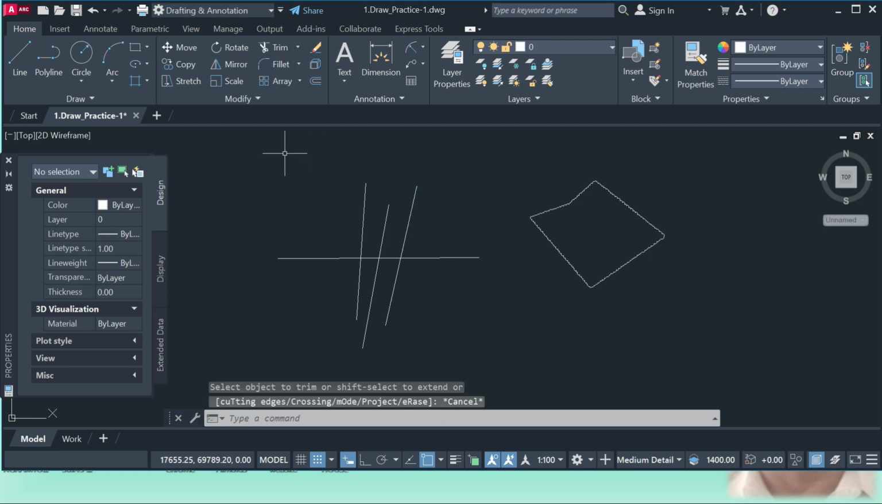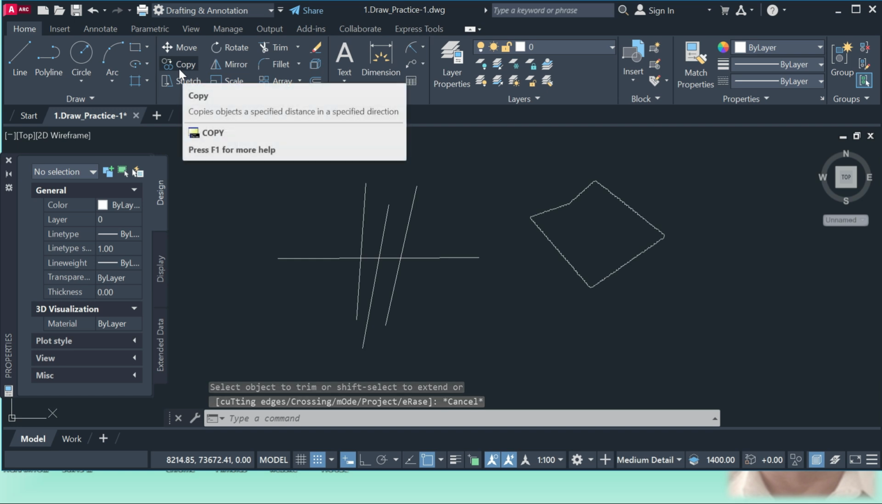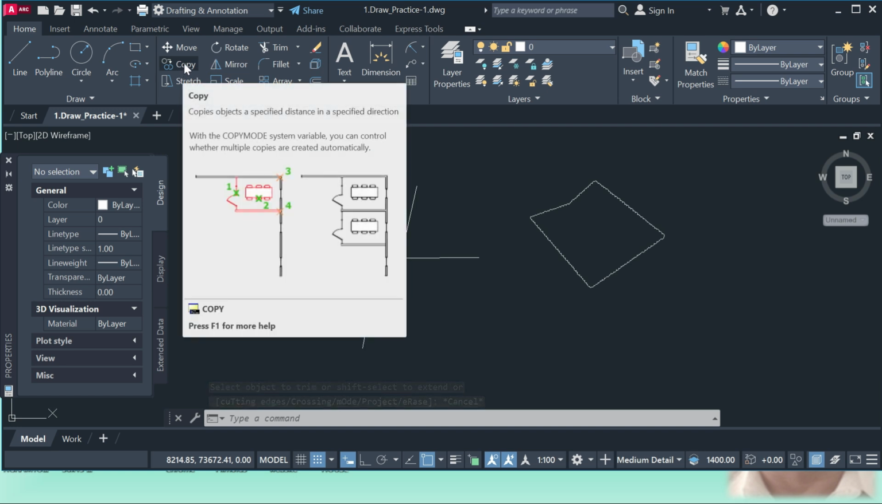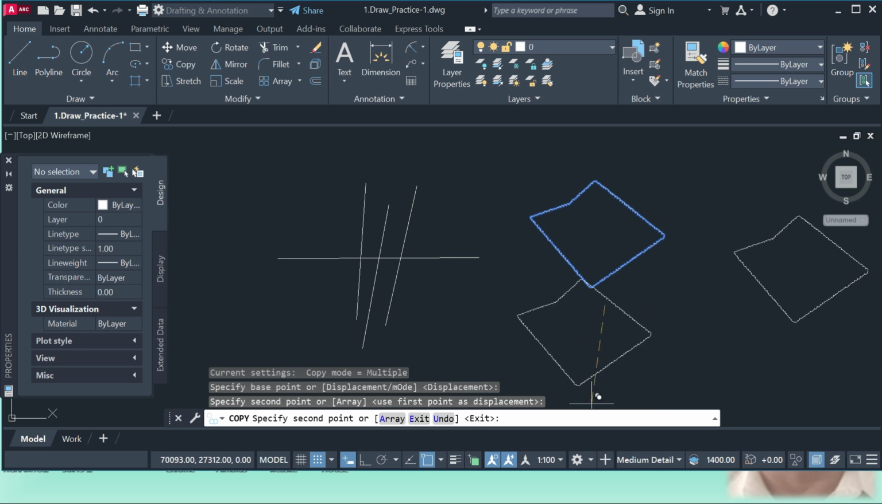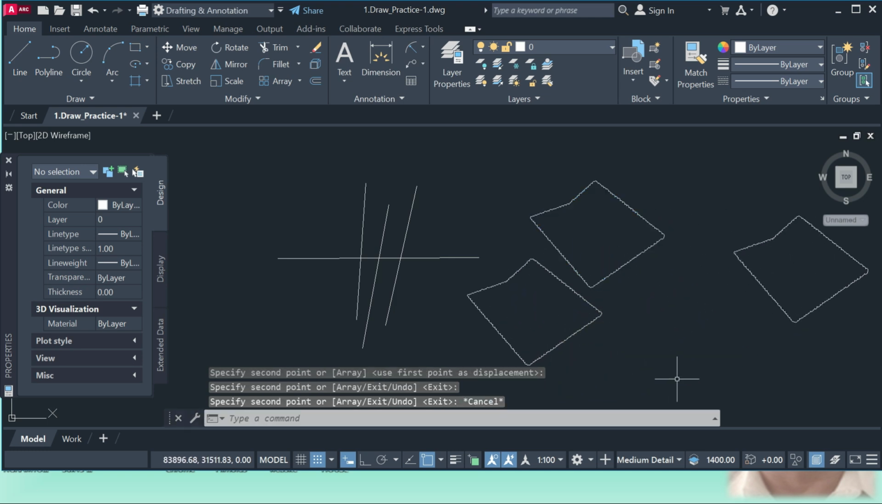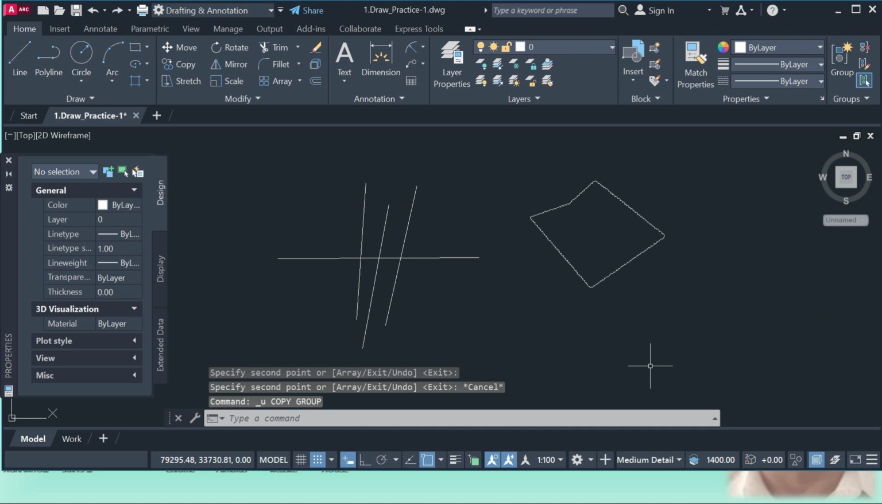Okay. Third one, the copy. Everybody knows. Just select here and click on this object, enter, then it will give the copy to us. This is the meaning of the copy. After that, mirror,